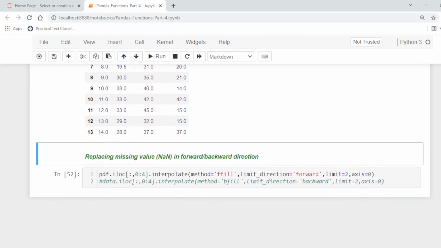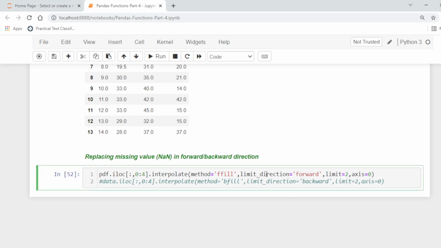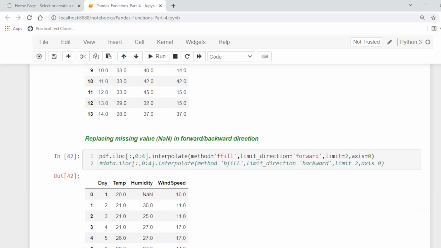Replacing missing values in a forward direction. We can specify the direction. If the method is linear, then limit direction will be forward. If we run this, we will get the following output.